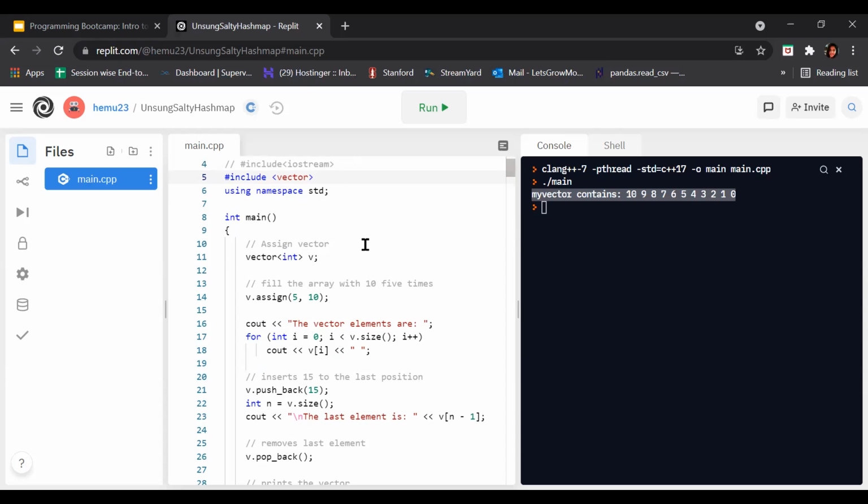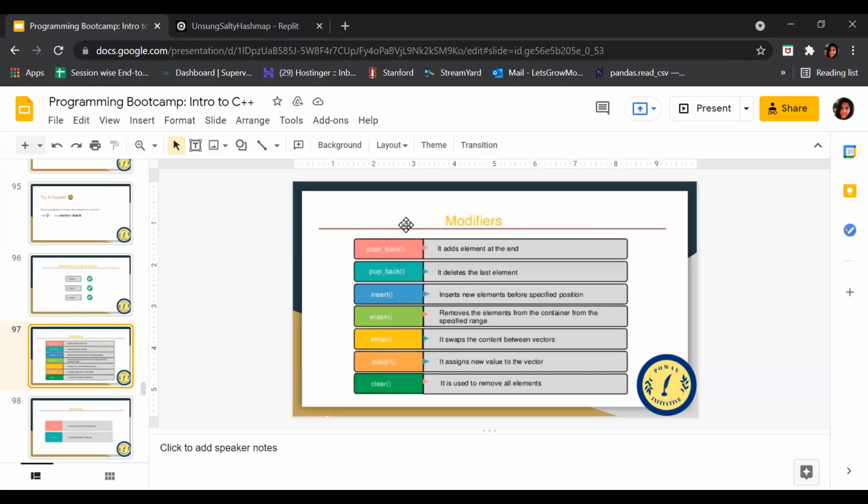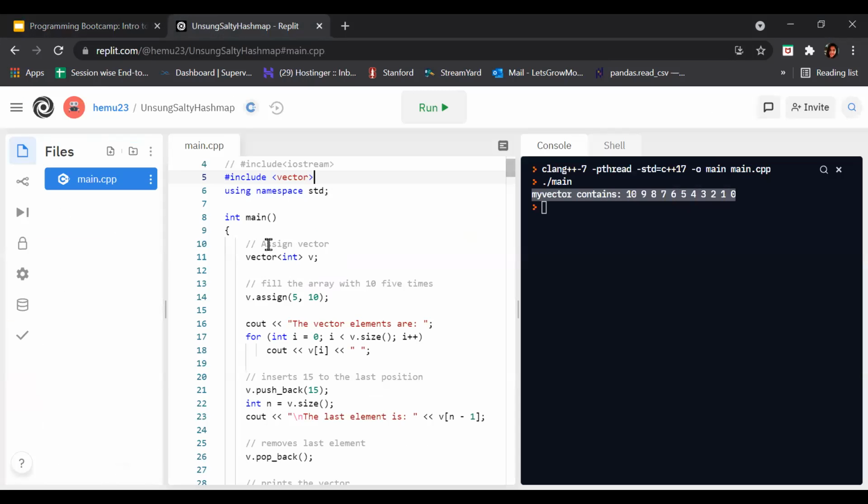After that, first we have assign vector. So how can we assign a vector? Simply we have to write vector, the data type, or we can say which type of vector we want. After that, we have the name of the vector, which is v.